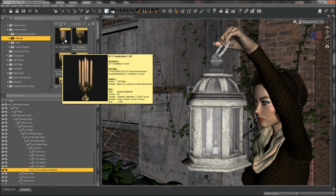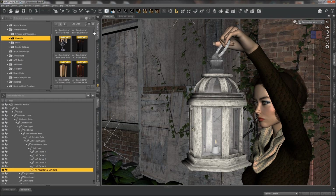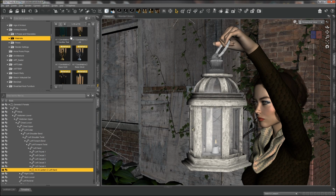So there's a regular default matte that applies regular default settings. Then you have gold bases and silver bases for all the ones that have these metal pieces. Now I didn't do that for the lanterns though. Next you'll see presets for candles for that specific candelabra 1, candelabra 2, and so on and